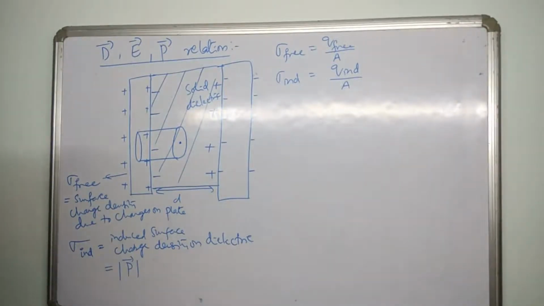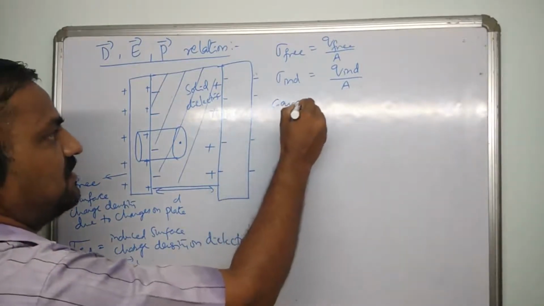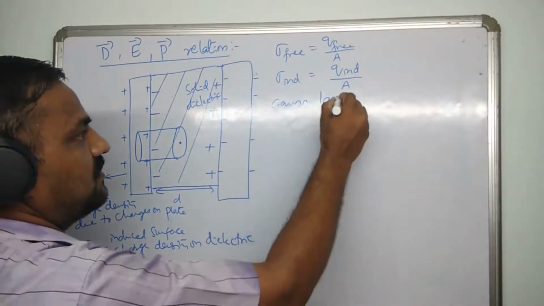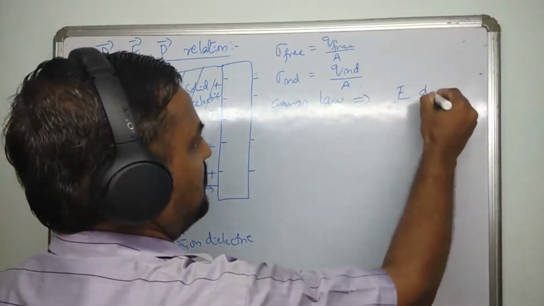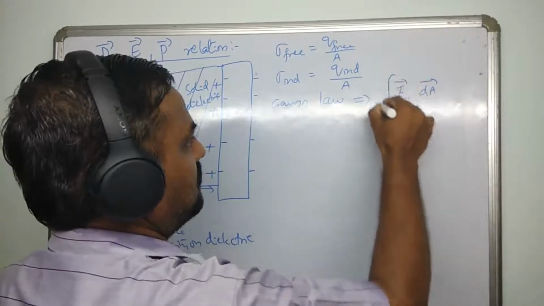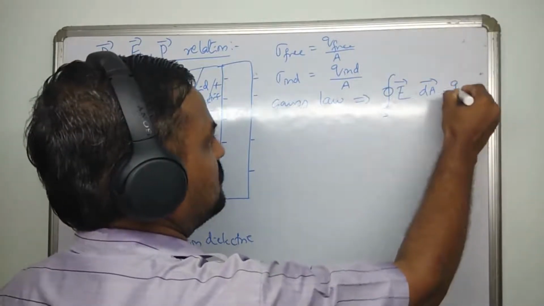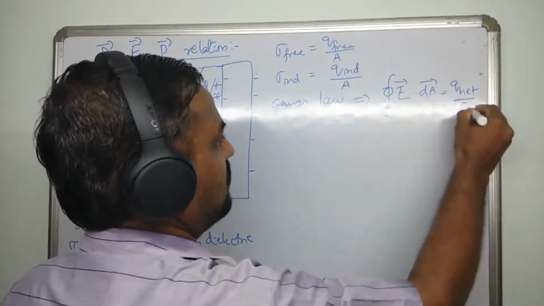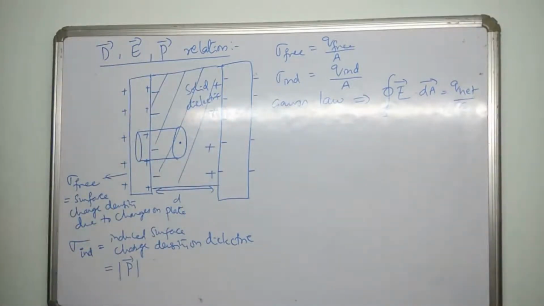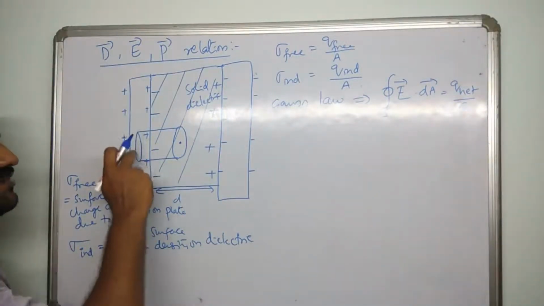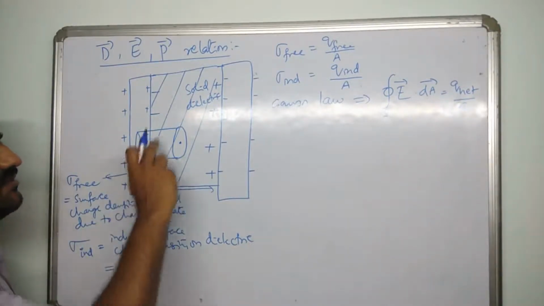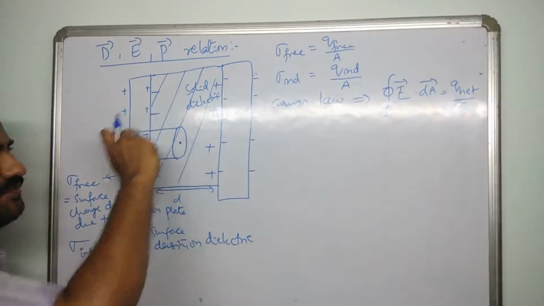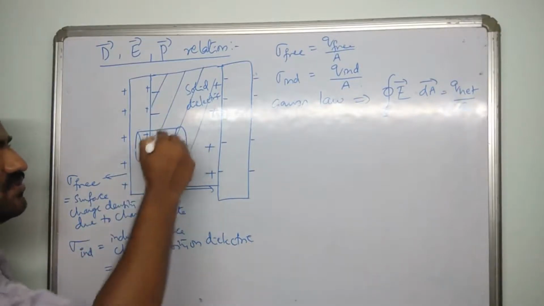Okay, now we can apply the same Gauss law. Gauss law implies we know that the total surface integral of E dot dA is Q net divided by epsilon naught. As we have already argued in the earlier case, the electric field from this side is zero because it's inside the metal, and the electric field from the lateral sides is also zero. So the total electric flux comes only from this surface.